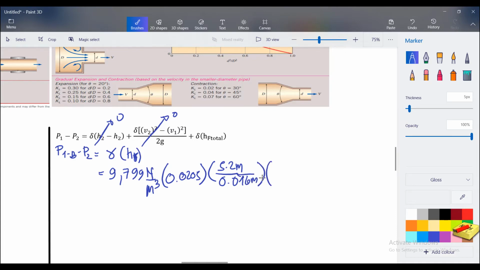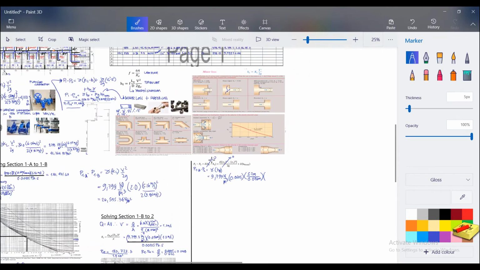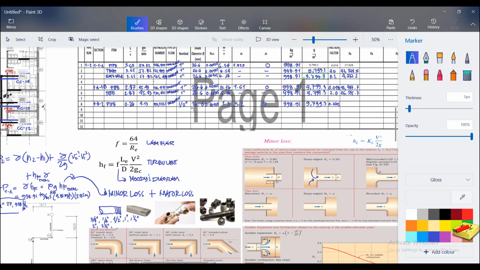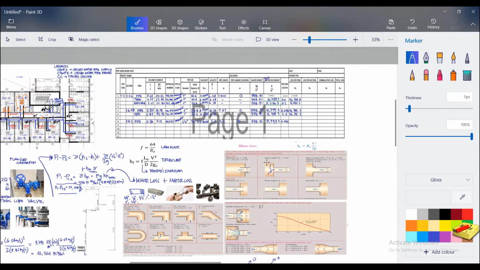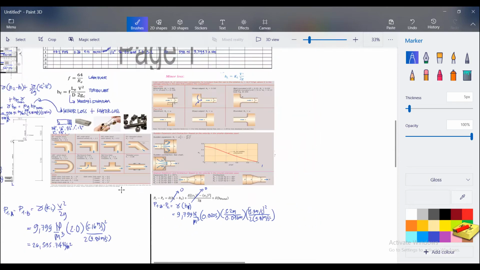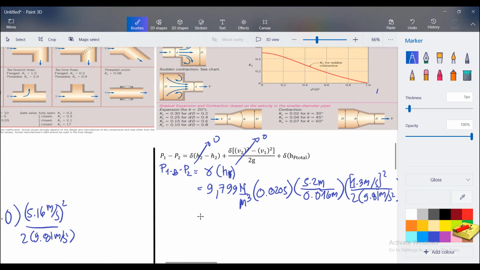Then multiply it by the velocity, which is 1.3 meter per second. This is also squared, divided by 2 times the gravity, which is 9.81 meter per second squared. Okay, so we have the pressure loss between that pipe is equal to,